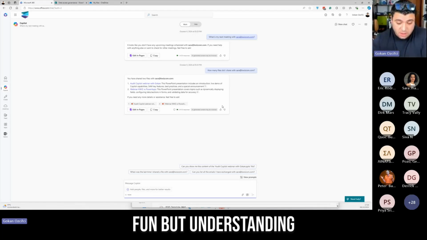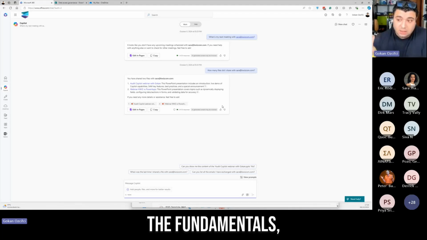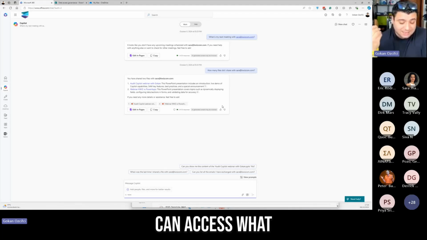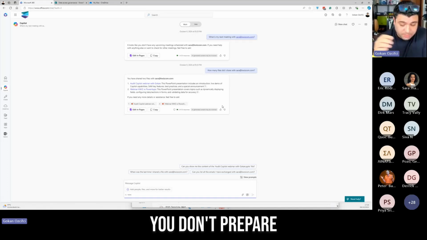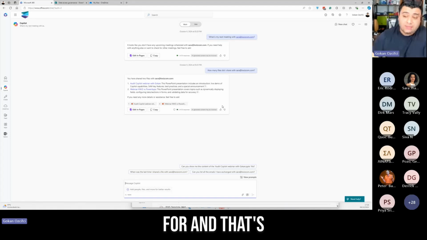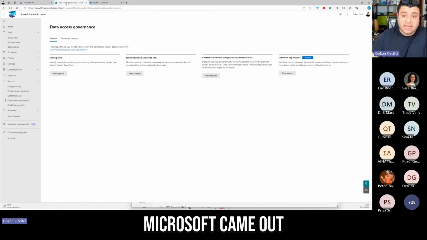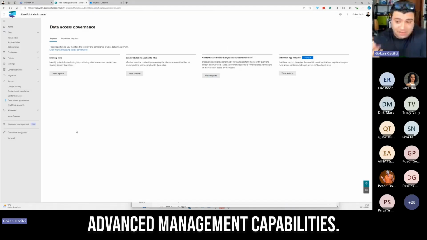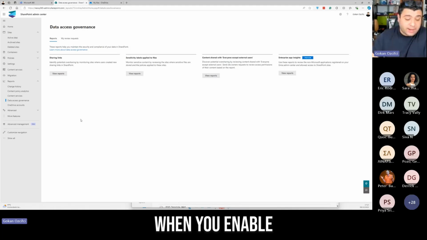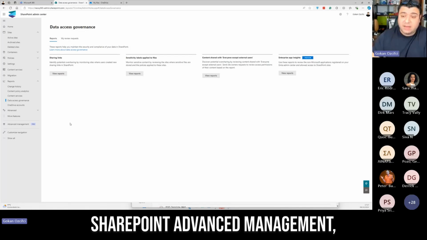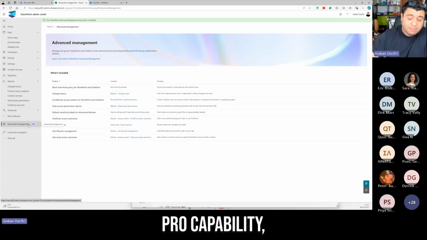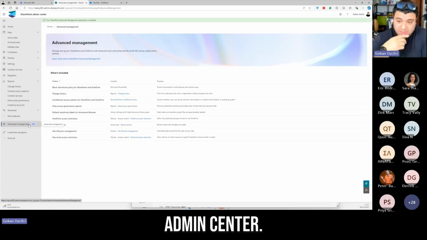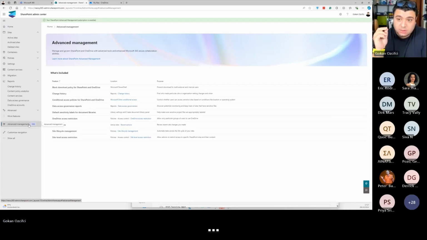Using Copilot is fun, but understanding the fundamentals, understanding who can access what, can really, really be dangerous if you don't prepare your environment for it. And that's the reason why Microsoft came out with the SharePoint Advanced Management capabilities. So basically, when you enable SharePoint Advanced Management, you will see a brand new Advanced Management Pro capability within the SharePoint Admin Center. The SAM,